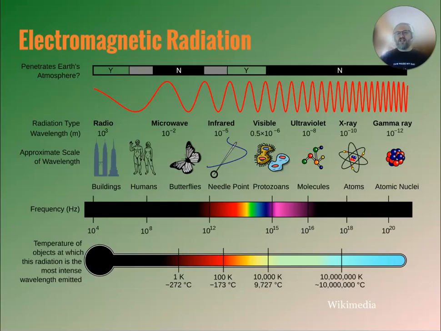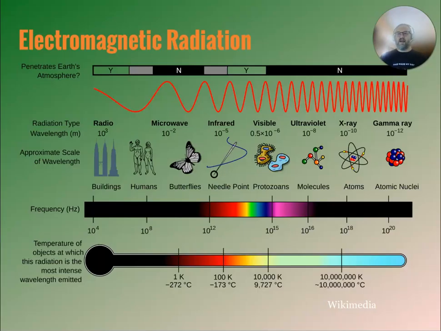So I've been mentioning some types of electromagnetic radiation, so I want to give you the full chart. These are the different types of electromagnetic radiation that we have in our universe. These are the different types of radiation that are going to fall into this category and are going to work like electromagnetic radiation. So this spectrum, if we start with the very long wavelength and therefore low frequency waves,